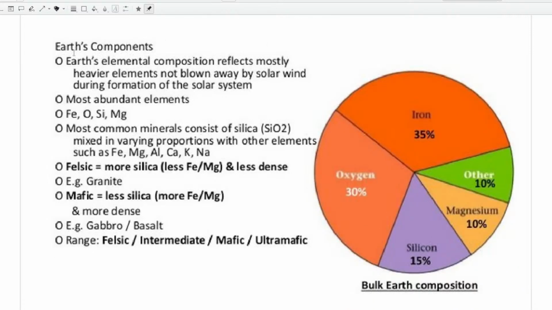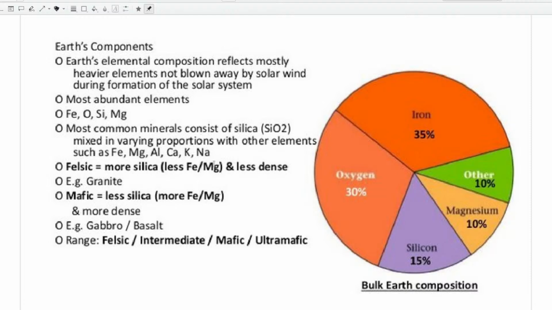So here we have the Earth's components. You've got iron, oxygen, silicon, magnesium, and other. And he's saying that it reflects mostly heavier elements not blown away by solar wind during the formation of the solar system, or that's what they say. Most common minerals consist of silica, mixed in varying proportions with other elements, such as iron, magnesium, aluminum, calcium, potassium,